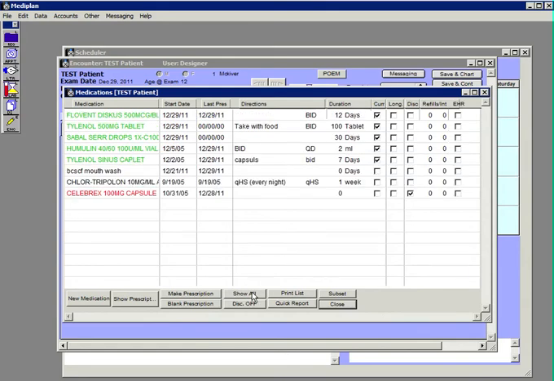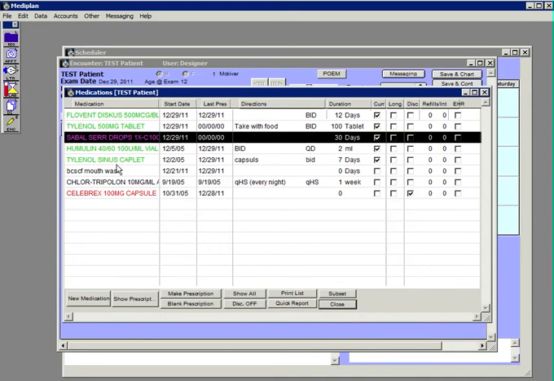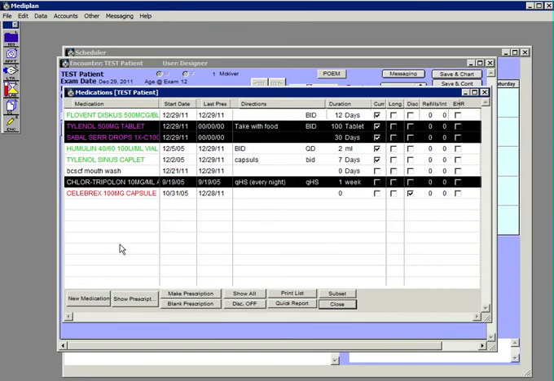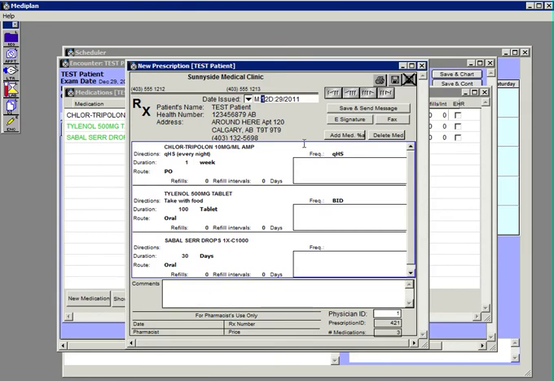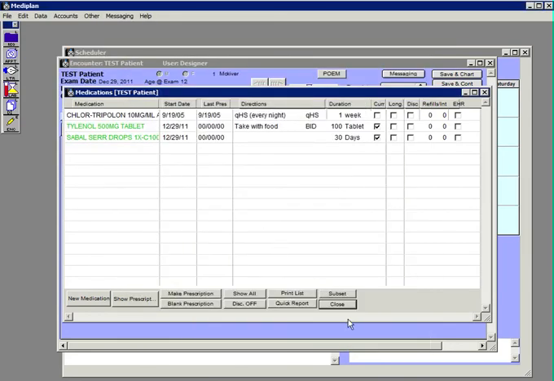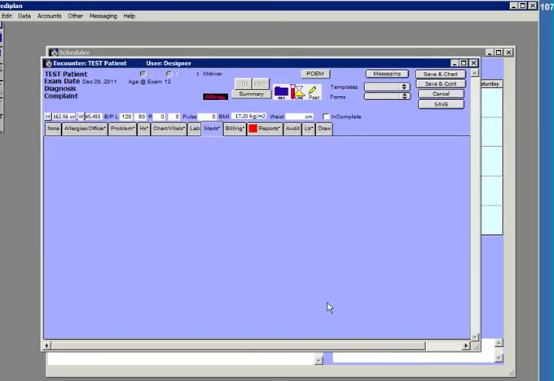So I can go show all, and it's going to show the 2 medications I've added, plus all the previous medications this patient has had. So I can click the drops, hold down the control key, click the Tylenol, and I can also re-prescribe at the same time this medication by clicking on it as well, and hitting Make Prescription, and printing. After closing that,